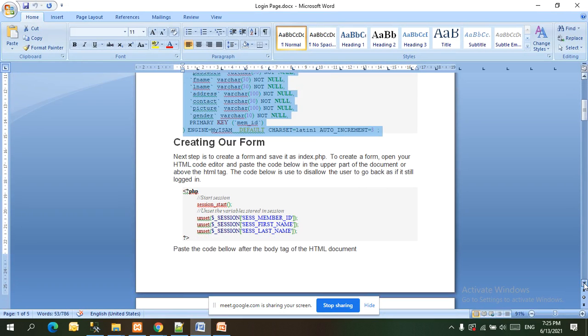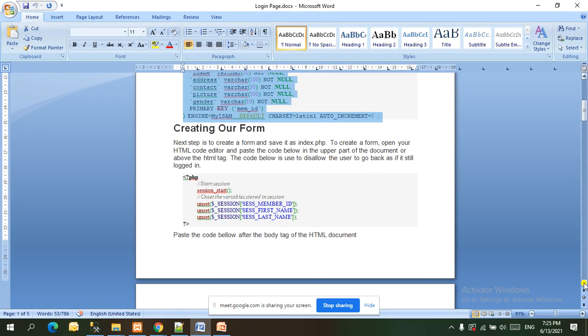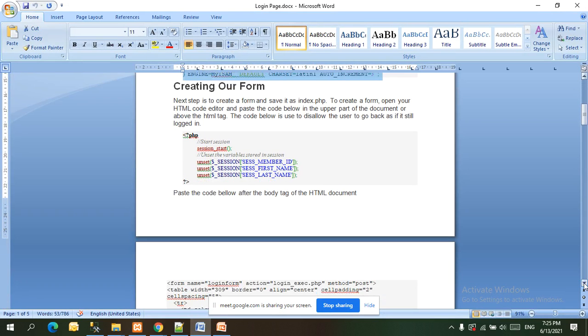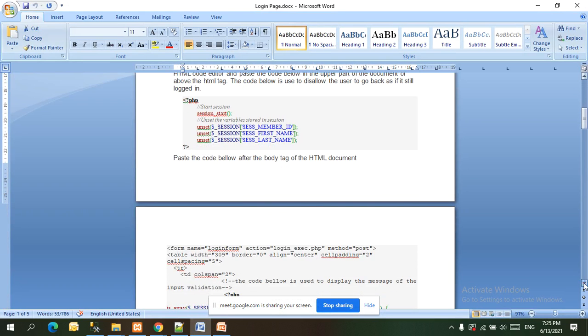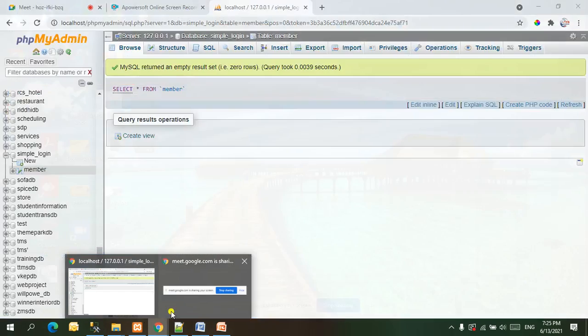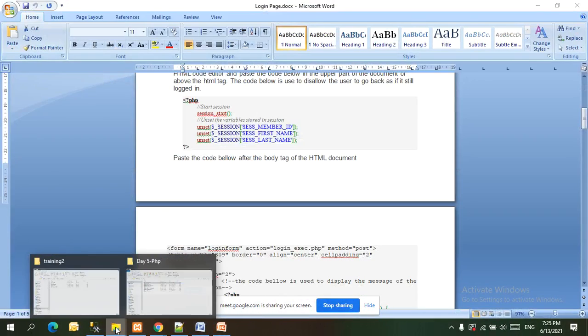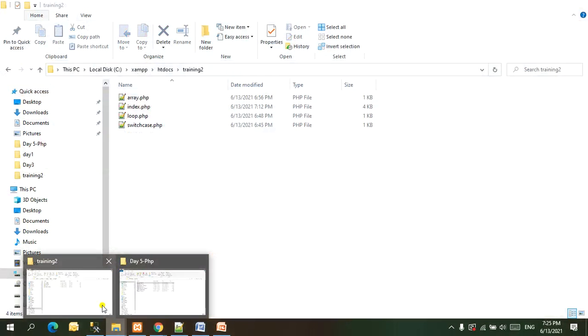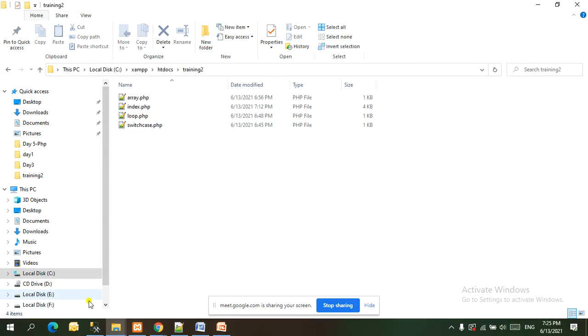So we are going to create one form here, creating our form. So let us start doing. So where will we be doing, guys? We will be doing inside our folder in XAMPP.